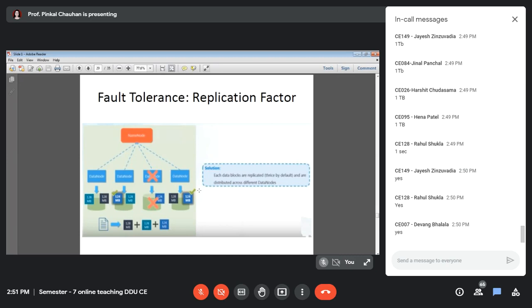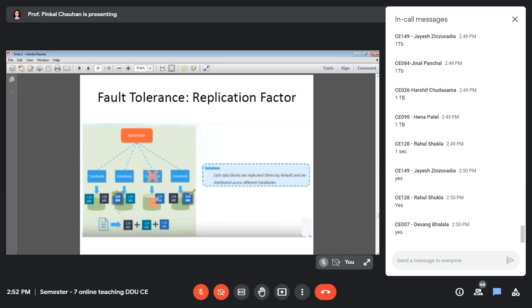So whenever you dump any file on HDFS, it gets divided across different data nodes, but then each HDFS block is also replicated at 3 different data nodes.